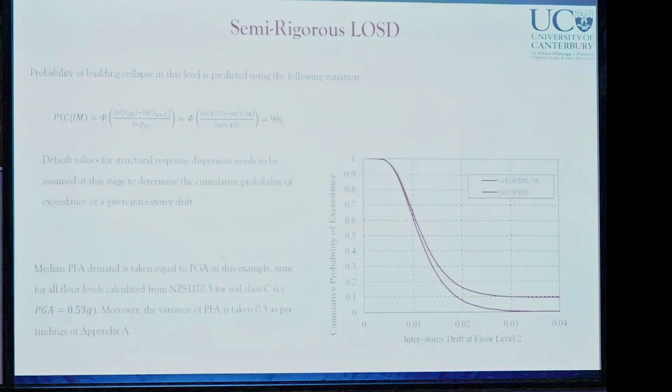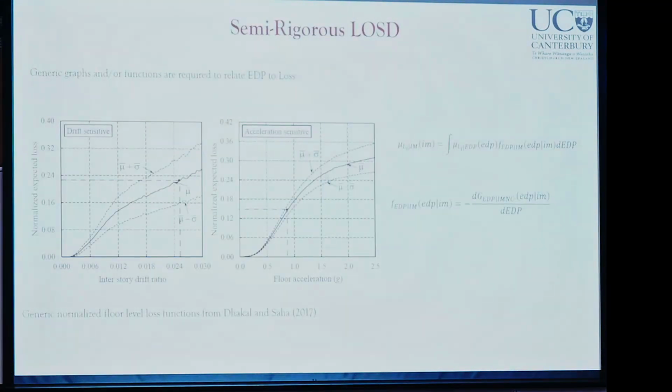From here, again, I'll just go very briefly through the steps. We can develop the distribution of engineering demand parameters at different floor levels from the pushover analysis, and then going to the next step, which is the assessment of loss based on the engineering demand parameters, or based on inter-story drifts and peak floor accelerations. We need generic graphs or functions to relate engineering demand parameters, being inter-story drifts and peak floor acceleration, to loss. An example of these functions is shown here,